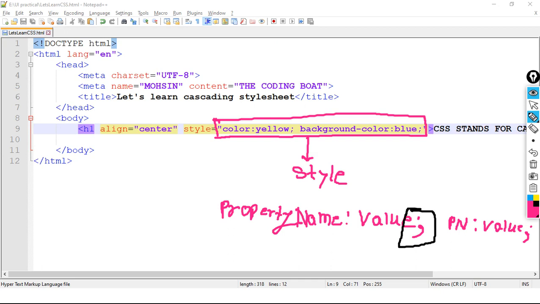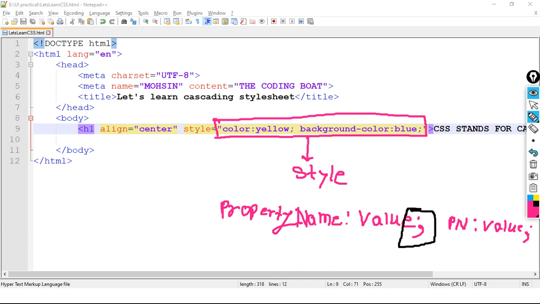Property name, colon symbol, then the value, then a semicolon. Then if we want to add more properties, we give a little space, then write the name of the property, colon symbol, the value, and then a semicolon. Here you should not confuse how to write multiple HTML attributes and how to write multiple CSS properties.